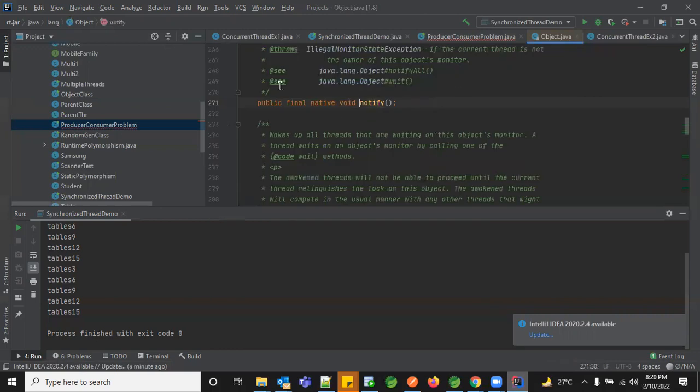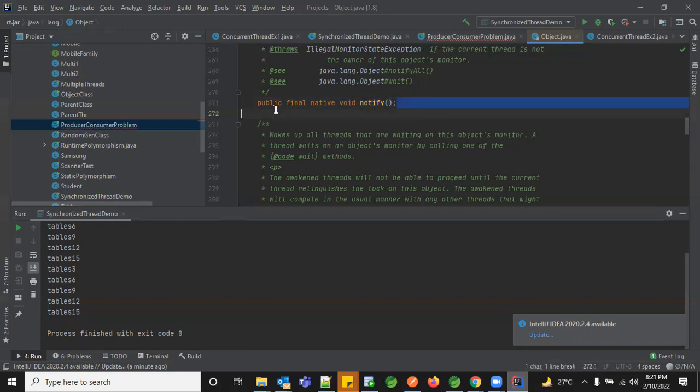And what does notify do? If you see, notify is a native method, something in the backend in C or C++. The logic of this notify has already been addressed in your JVM; we are just using that. We have seen native methods earlier, it's similar to that. Whenever you say notify, it's like a notification. Once you receive the notification, you can go and access your resource and perform all kinds of activities on top of that resource. For that, we have notify.